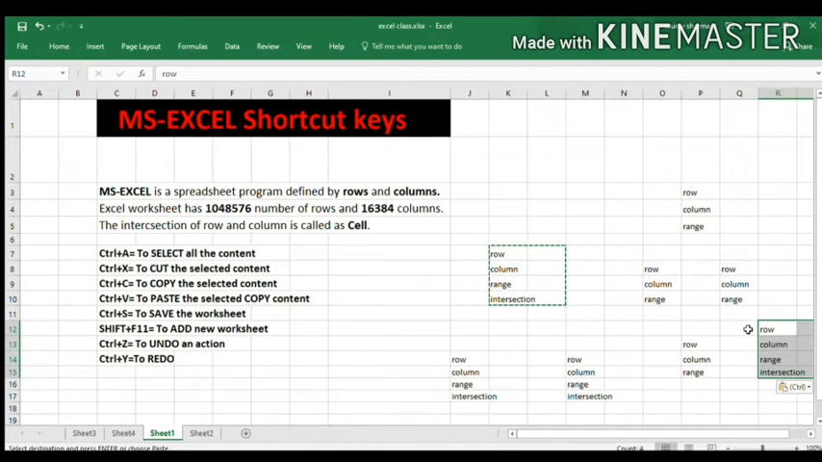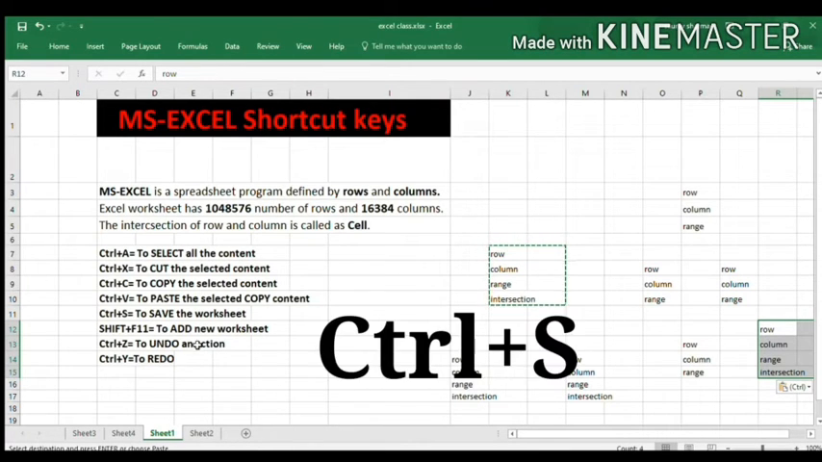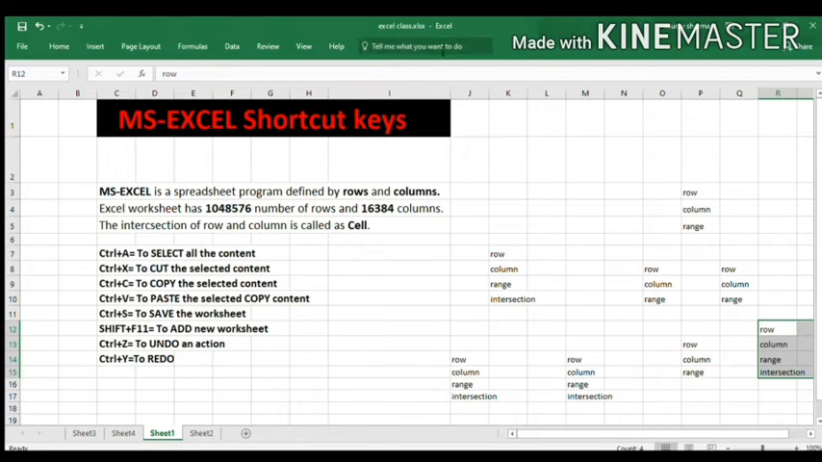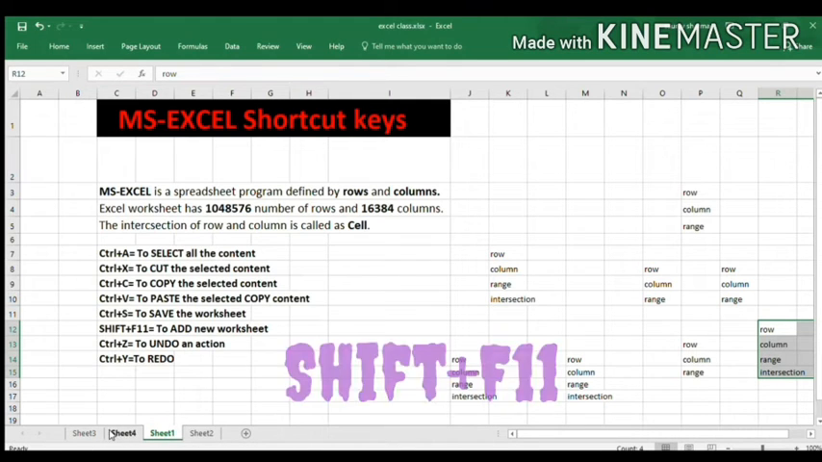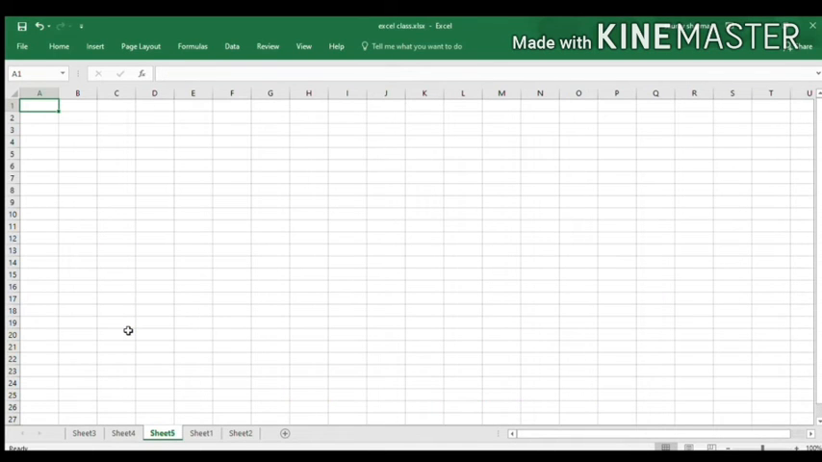After that, Control plus S. We can also save this worksheet where we are working. We can press Control plus S to save. As we can see, it is already named Excel class, so it is already saved. As you can see, there are so many sheets here. To add a new worksheet, like we have 1, 2, 3 and 4, we can add one more blank sheet. We press Shift plus F11, the function key, and we get a